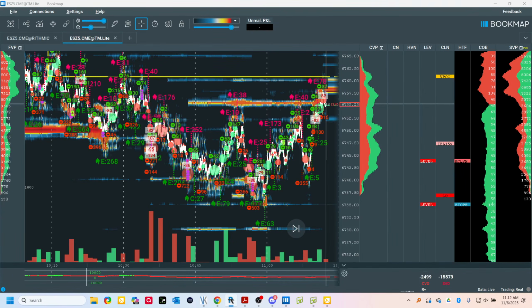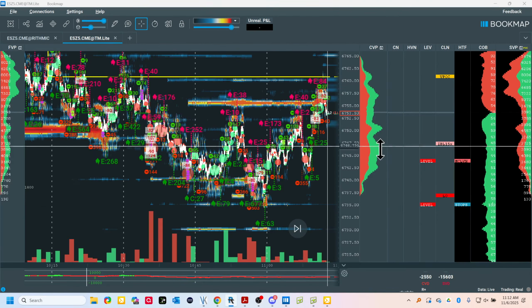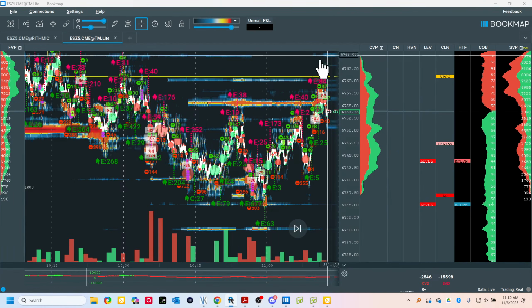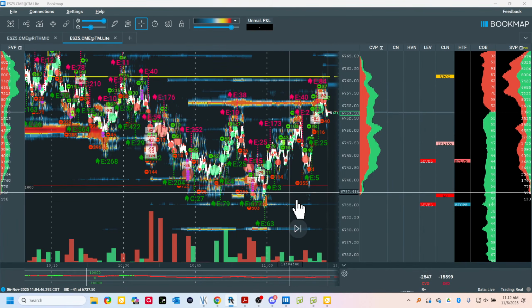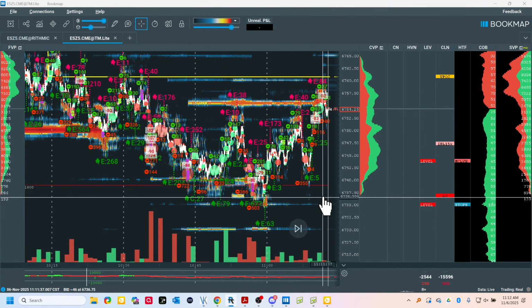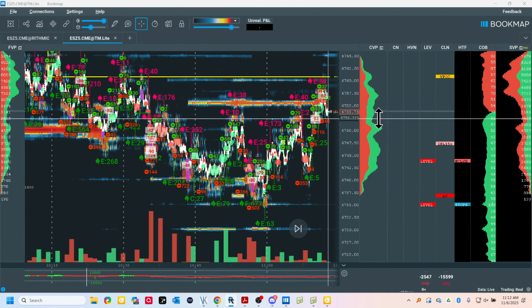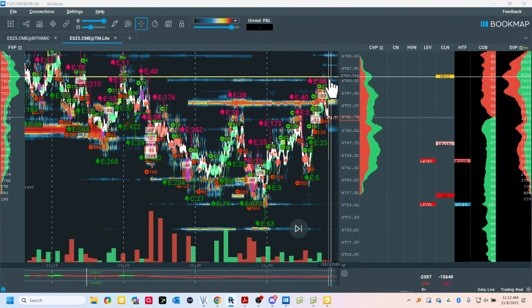Hold on one second. I got to turn some levels on here from Investor RT, which is what my higher time frame software is, and it exports levels that will show up here. Very nice. So this is the current retail price. This is our outside edge. Low of the day. Who knows where the low of the day is? Do you? I have no clue. I do know this is the retail price.